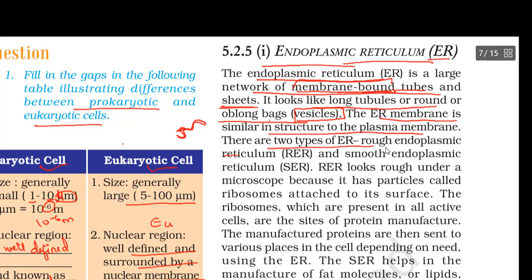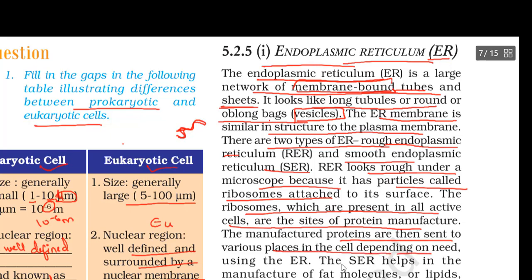There are two types of endoplasmic reticulum: rough endoplasmic reticulum and smooth endoplasmic reticulum. Rough endoplasmic reticulum looks rough under a microscope because it has particles called ribosomes attached to its surface. The ribosomes, which are present in all active cells, are sites of protein manufacture. Manufactured proteins are then sent to various places in the cell depending on need